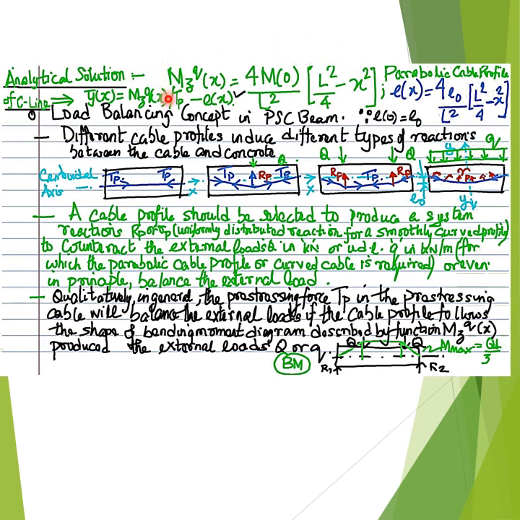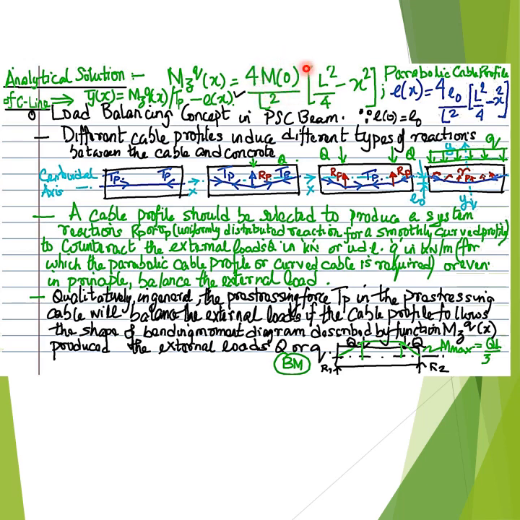Well, noting that the mathematical function describing the variation of the externally applied bending moment due to the external uniformly distributed load, denoted as M subscript Z superscript Q with the functional argument X, in case of a pre-stressed concrete beam that is simply supported and subjected to a uniformly distributed load of intensity Q, may be expressed by this equation,